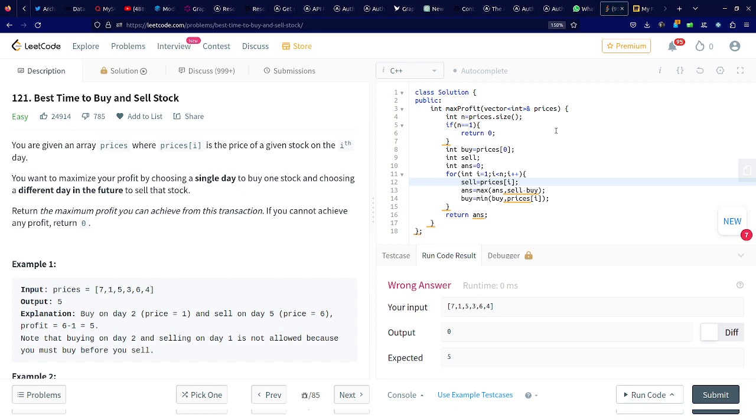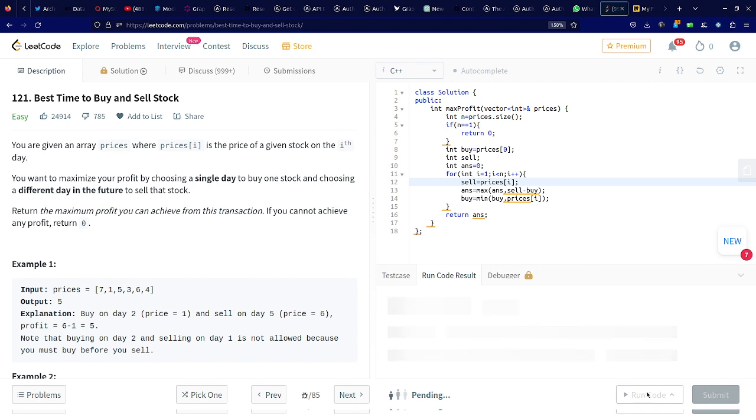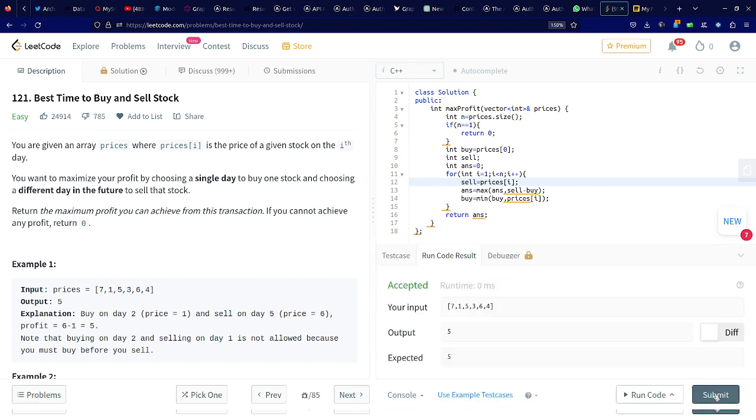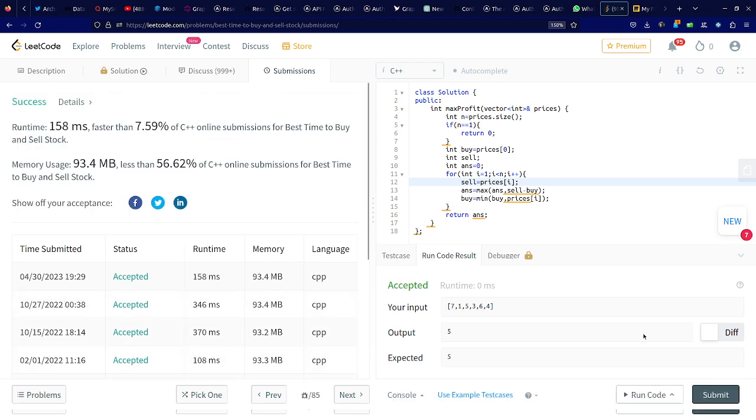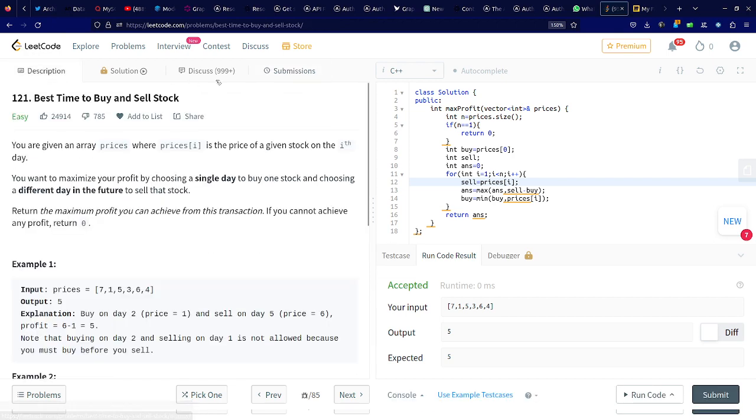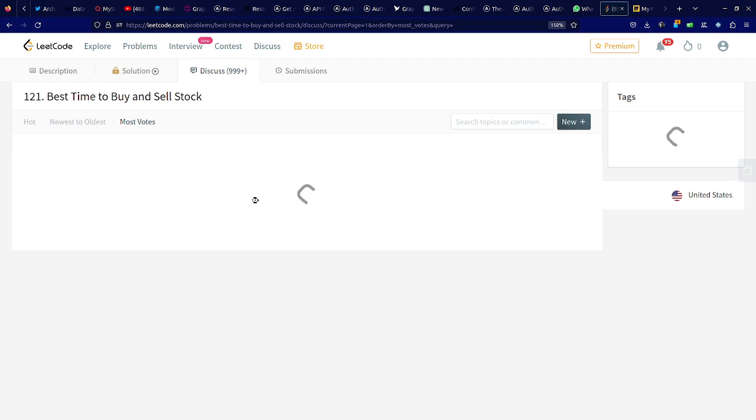That means if the current element minus the previous buy element gives the maximum profit, then we will consider this particular sell price. I think this should work. Okay, this works. Now if I go into the discuss section,